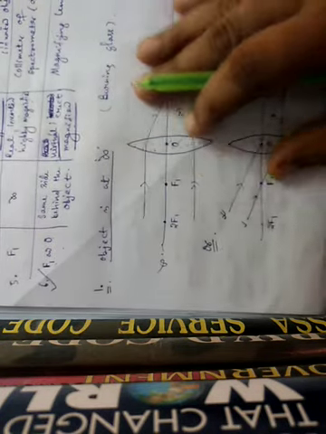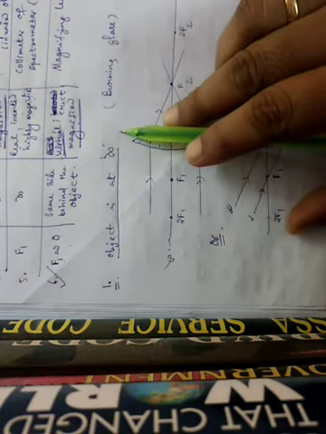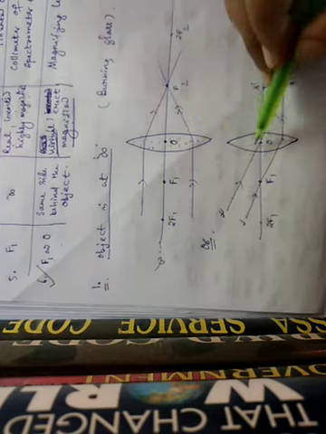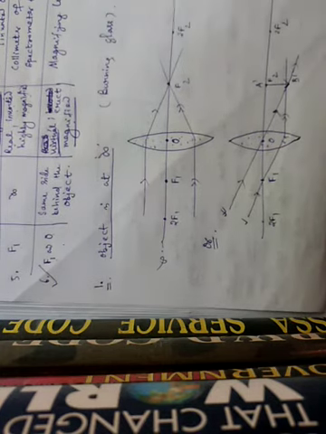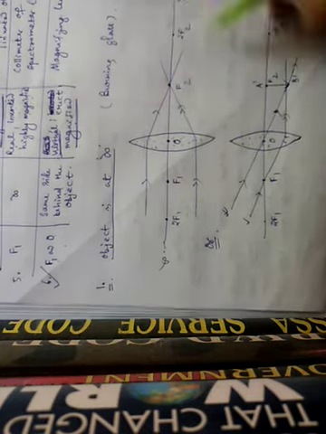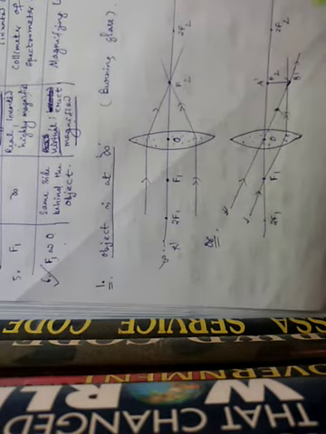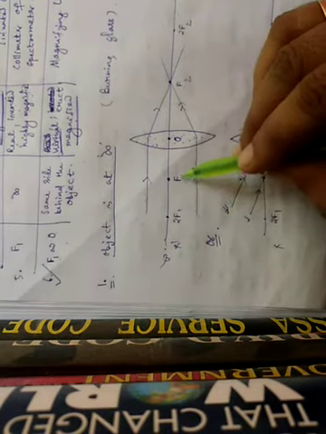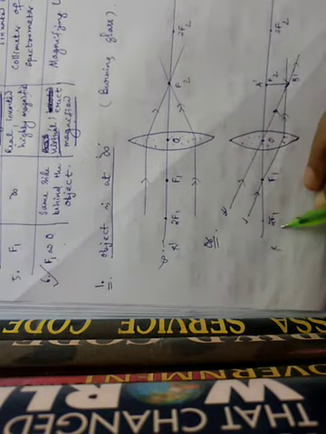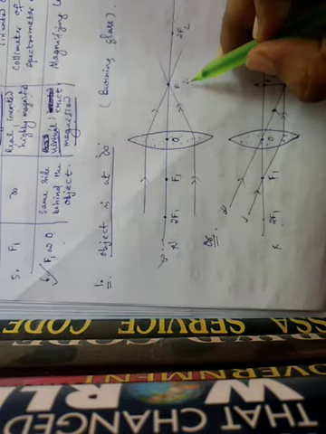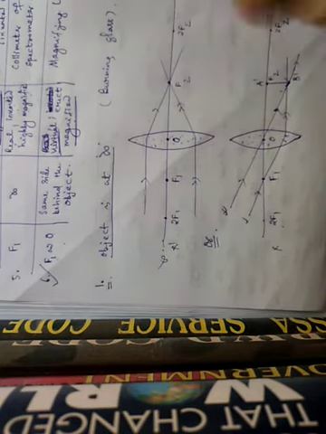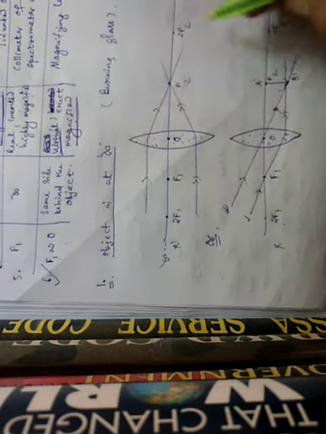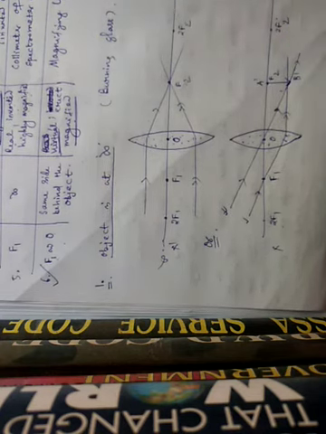First position, object is at infinity. You see, we have drawn two types of diagram. Both are converging lens, convex lens. First plot the principal axis X X dash in this diagram, lens, optic center. First fill up this side, F1 and 2F1. It is not necessary to fill F2 and 2F2. In all the later diagrams, you will put the symbols F2 and 2F2 according to your suitability.